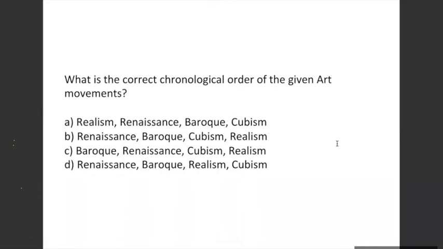So can you all do a quick search of all these time periods and the kind of art forms that were happening? Renaissance, Baroque, Realism, Cubism. The correct, logical sequence is this: Renaissance, Baroque, Realism, and Cubism. This is the correct sequence, which is option D. But I would request you to just have a quick look at the art movements, at the art forms that were happening in all these 4 eras. Just do a very quick Google search, please.